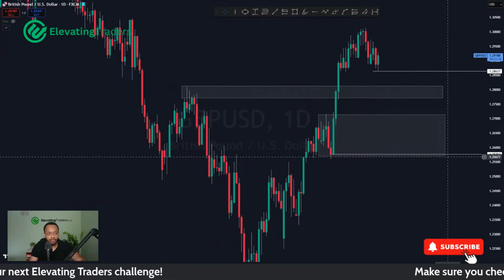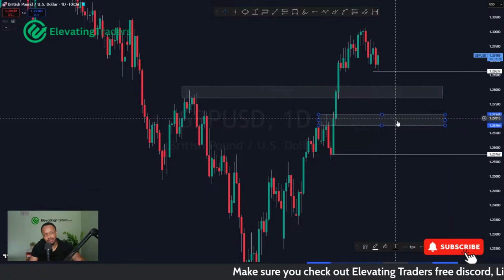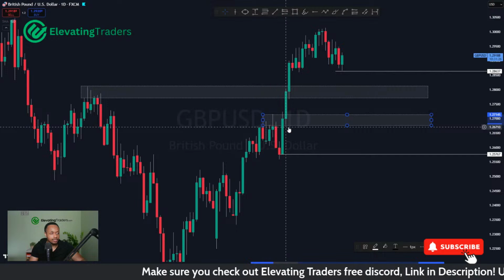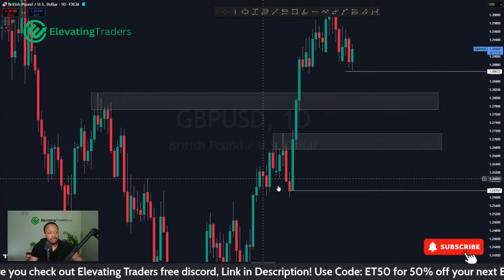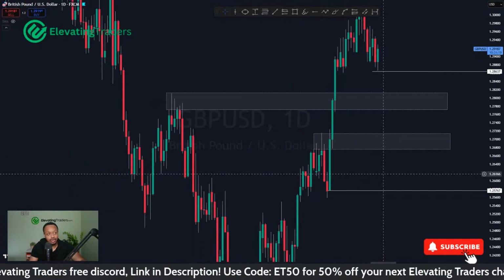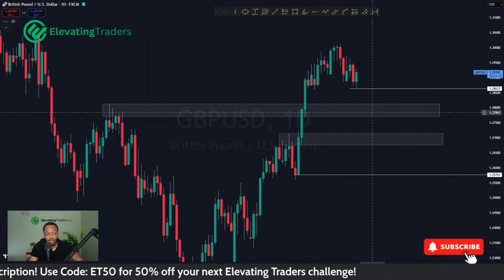Like I said, I'm focusing my efforts on the high of the consolidation there. We might pull a little bit deeper, but more so there's a good chance we'll probably just hold at that level before continuing. But yeah, I do think there's a good chance price does come back to these areas. 1.28 could be a solid level of support as well, so I'm looking to see what we can do there.